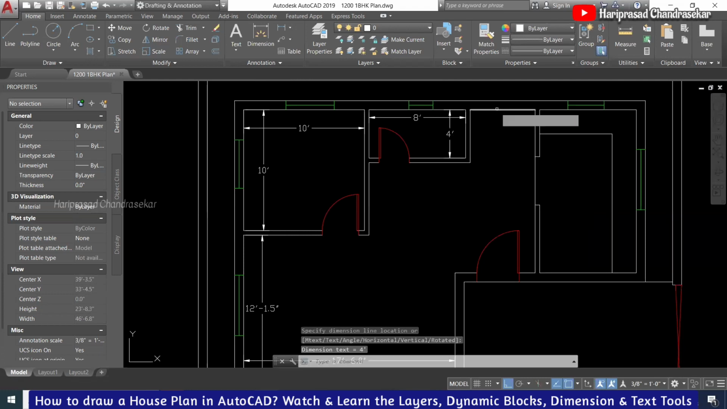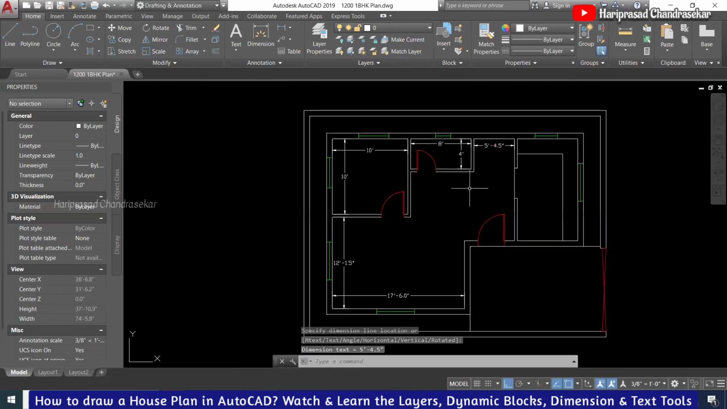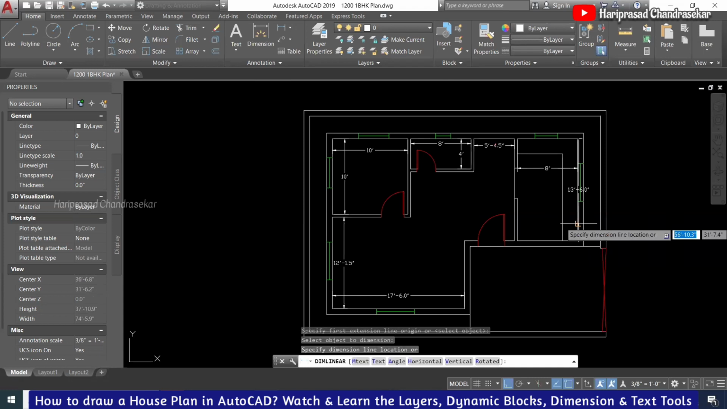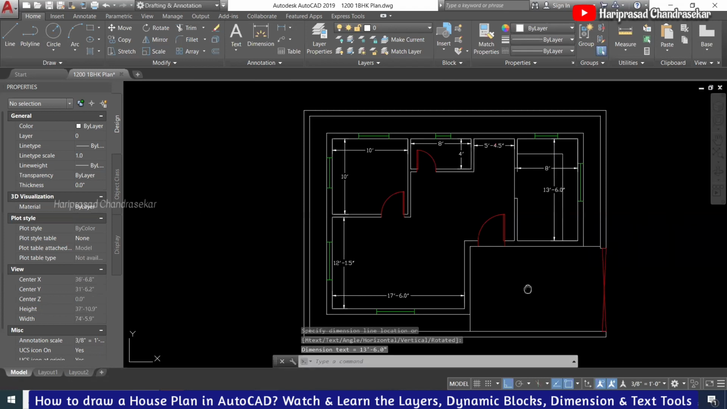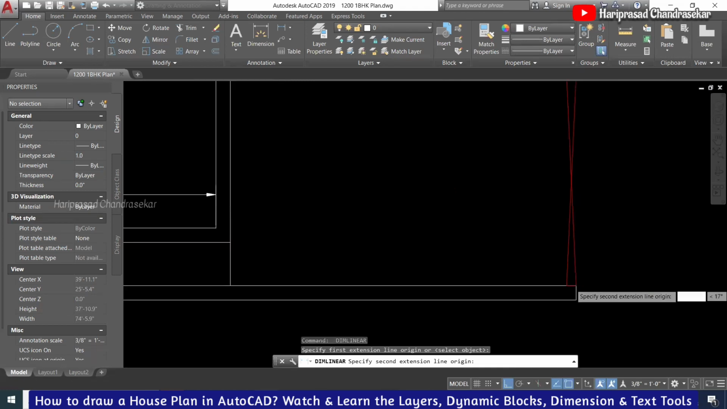Since we have the endpoints, that's why I'm entering directly. Otherwise, you need to do it properly. You need to select both points. So here we can do it like that. We need to just